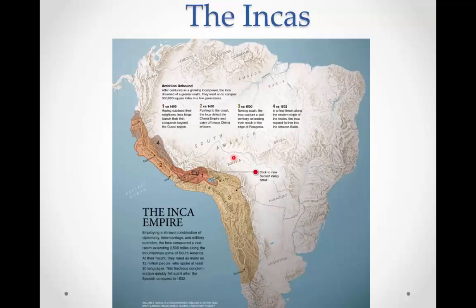This is the largest territorial empire prior to the conquests, and this was a number of people. They're not 100% sure, but I've seen estimates between 4 and 30 million or so. Here it says 12 if you look down over on the little text there. This is a group where you have lots of different languages, lots of different cultures, again, that had been conquered and brought into what we're calling the Inca Empire.